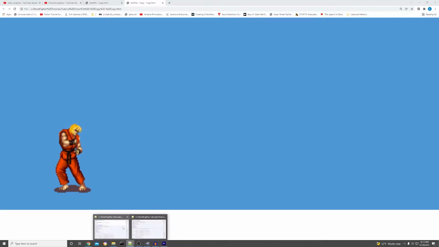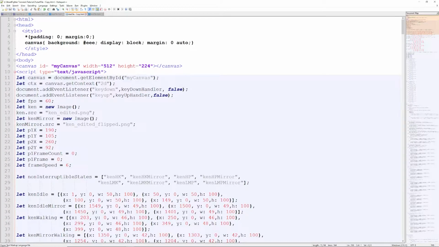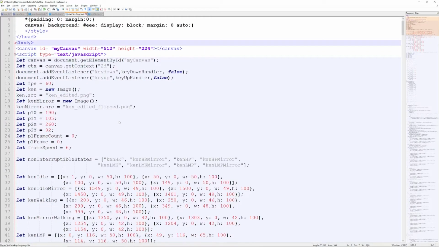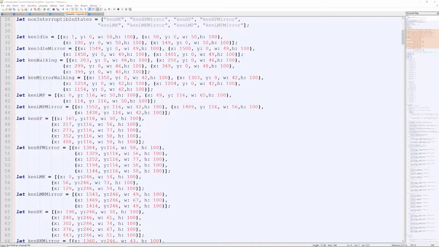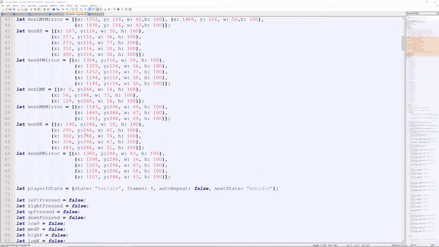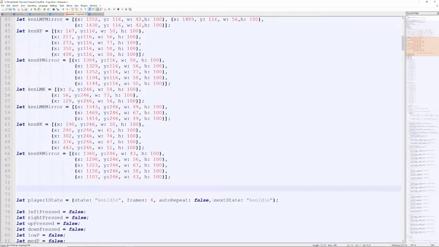And so your code looks like this. What we want to do is go ahead and add all the things that we will need to create our fireballs. The first thing we're going to need to do is set up our animation sequences. Here we left off with our high kick, and so here we're just going to say let